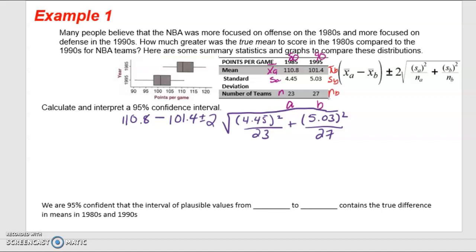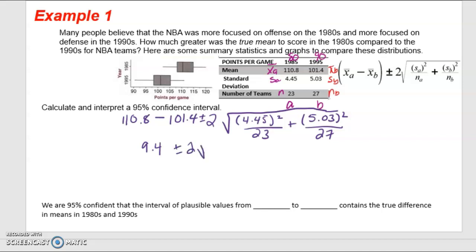Okay, so from here, I'm going to just subtract. I'll get 9.4. So that's what I think is the true difference in means between the 80s and the 90s. I think that they score 9.4 more points in the 80s than they did in the 90s. If I had it the other way around, I would have gotten a negative number, which means I believe that they score 9.4 points less in the 90s. Okay, plus or minus